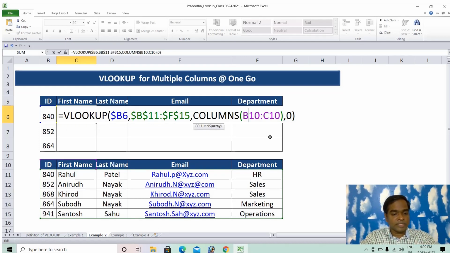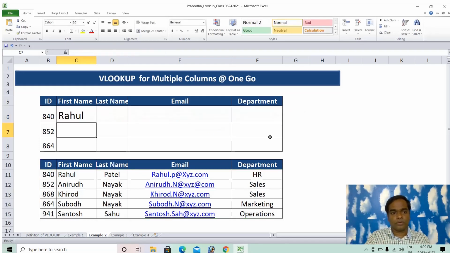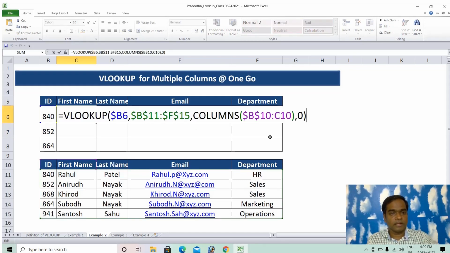So now everything is set. If you look here, I have locked the column for the lookup value, I locked the entire table for the table array, and in the COLUMNS function I locked the starting column only, the B column. So I left out the C column.